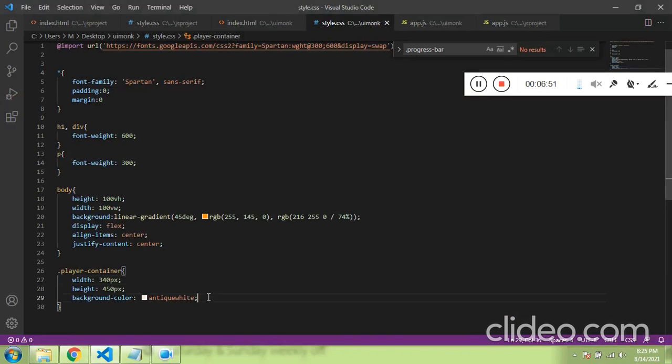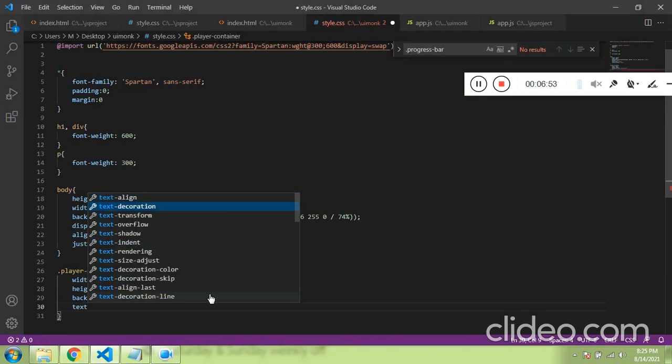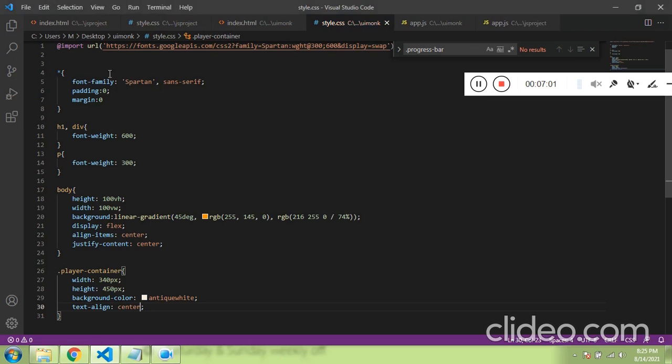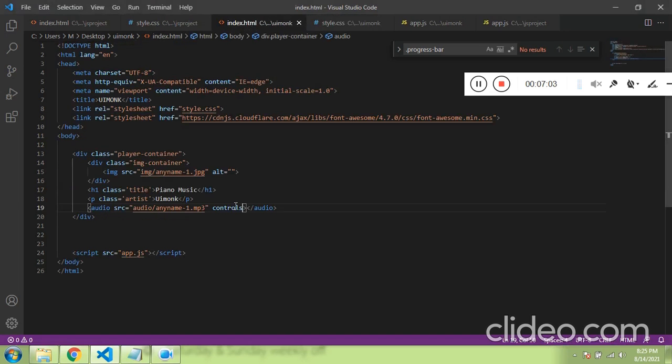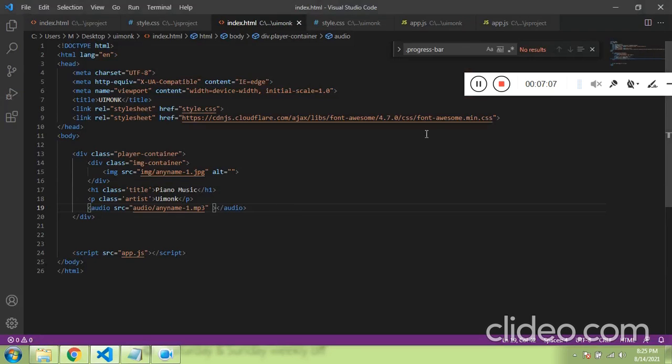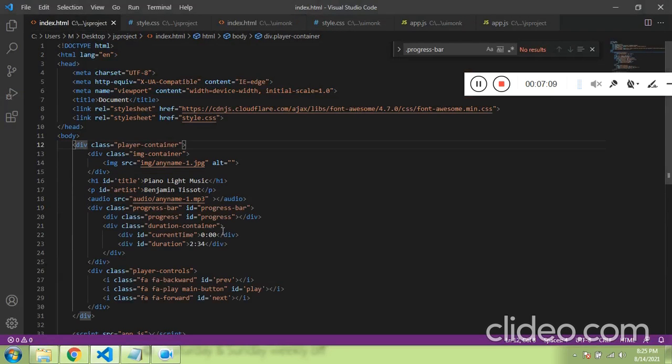Now whatever is there inside the player, I want the text align to be center. Now we don't want this for now because we are going to create it from scratch, so let me remove this. Cool. Now the next thing, let's start getting the progress bar. Just copy the progress bar section.